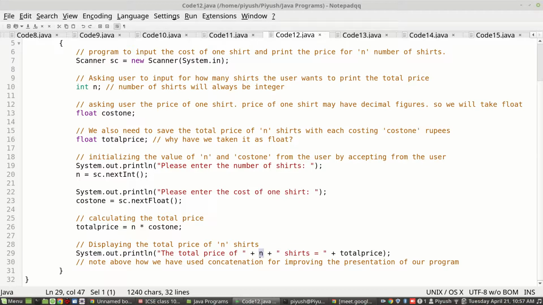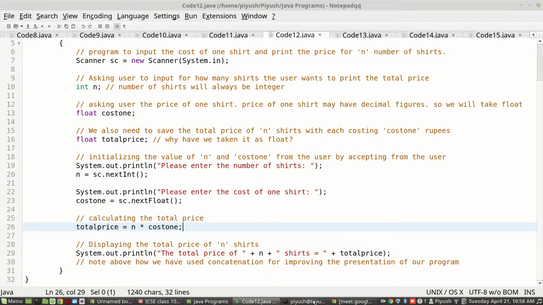But if you are writing without quotes, then the value of this very memory location will be fetched and replaced here. That will be concatenated with the total price of n. Let's say the user has given 10, so it will appear as 10 here. Then further you are concatenating shirts is equals to, and then the total price. We'll run the program, then you will see how this will look.